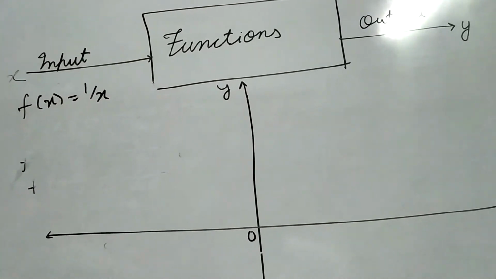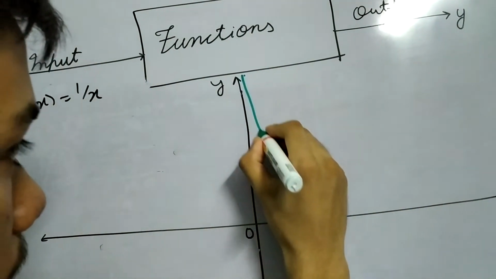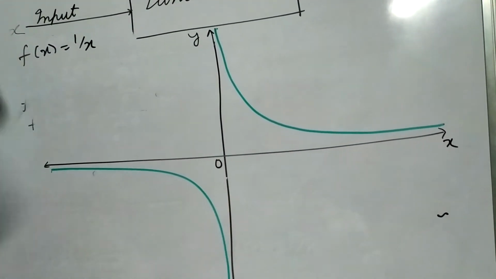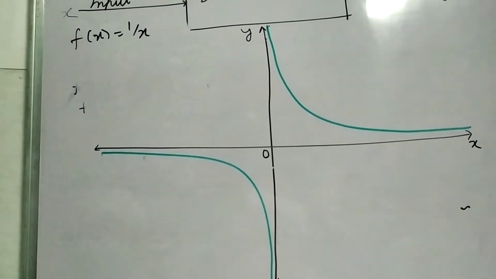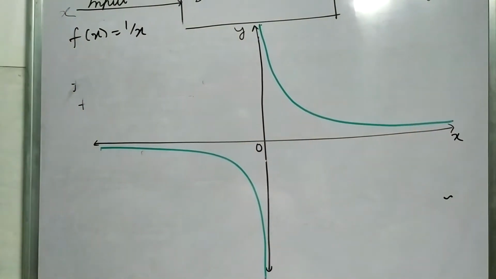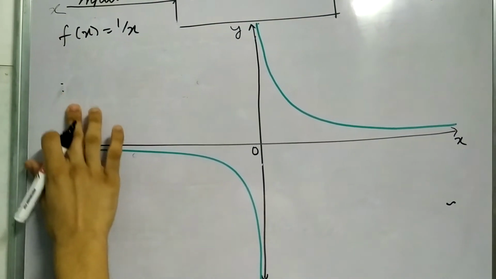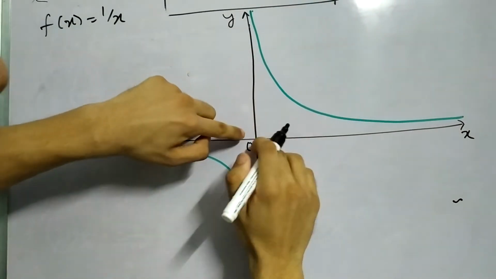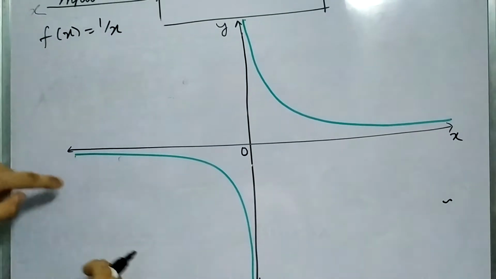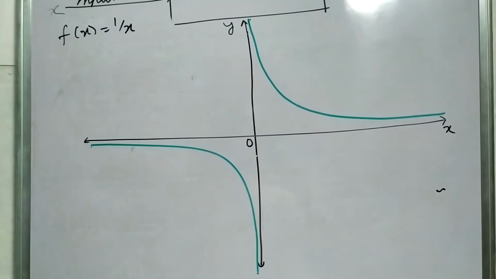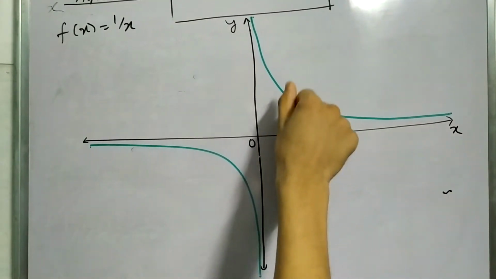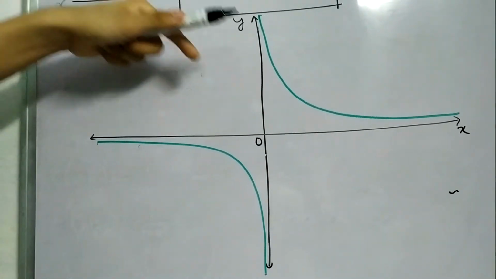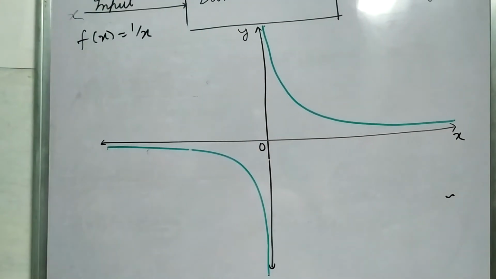It looks something like this. It's a very weird graph. Now this is called a hyperbola. Now again, x is positive, f of x is positive, so for x greater than 0, this is above the x-axis. For x lesser than 0, it is below the x-axis, and x is decreasing, f of x is increasing, and if x is increasing or going towards 0 from the negative side, f of x is increasingly becoming more and more negative.